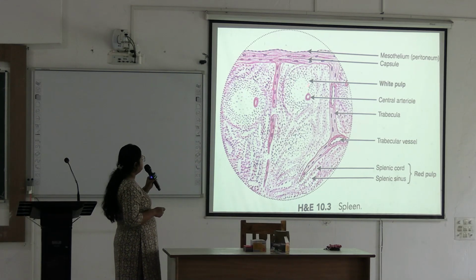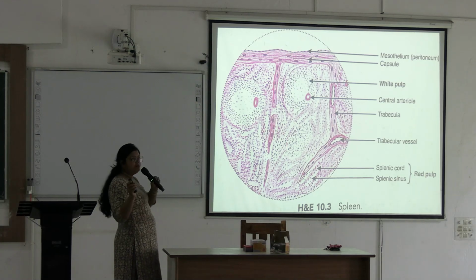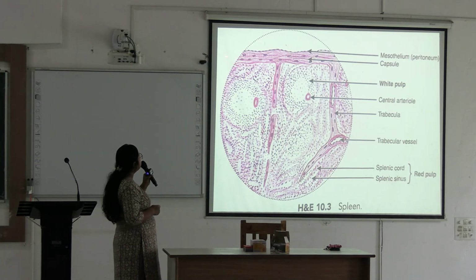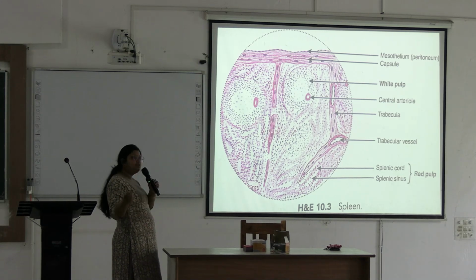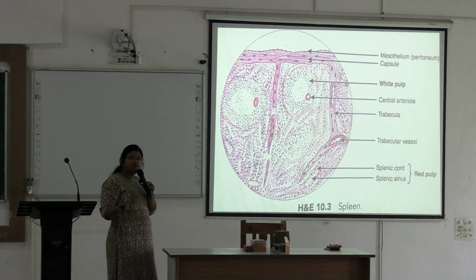And this is the light stained area. The germinal center will be lightly stained. And within the capsule also some dots are present. These are nuclei of the fibroblasts. Okay.